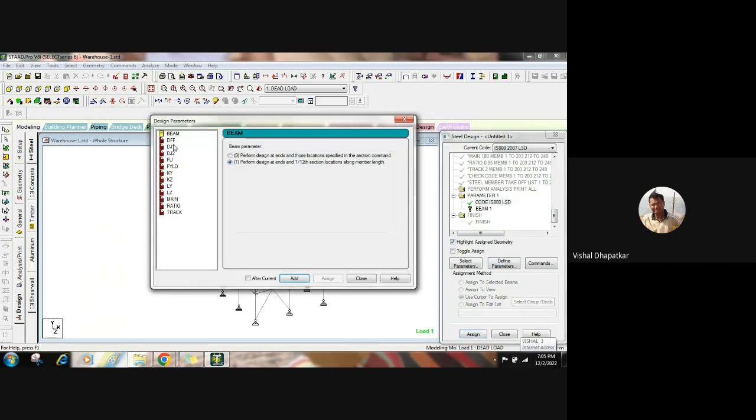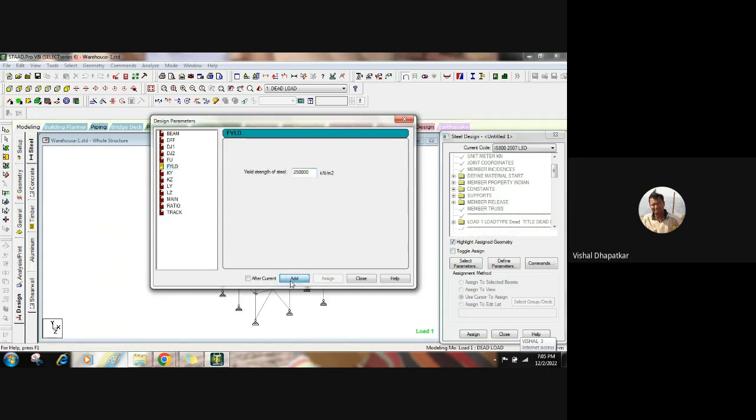Then we need DFF as 360. We will add it. FU, it will be 420. We will add it. FYLD 250. These are by default values. We will just add it. KY, KZ for time being we will consider